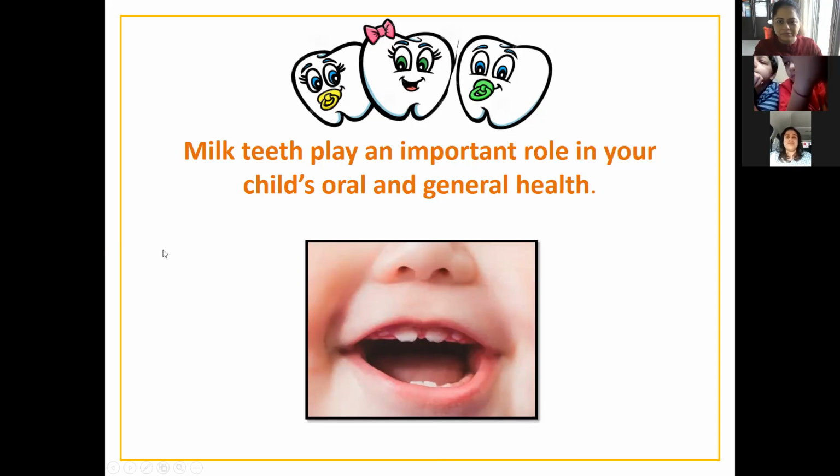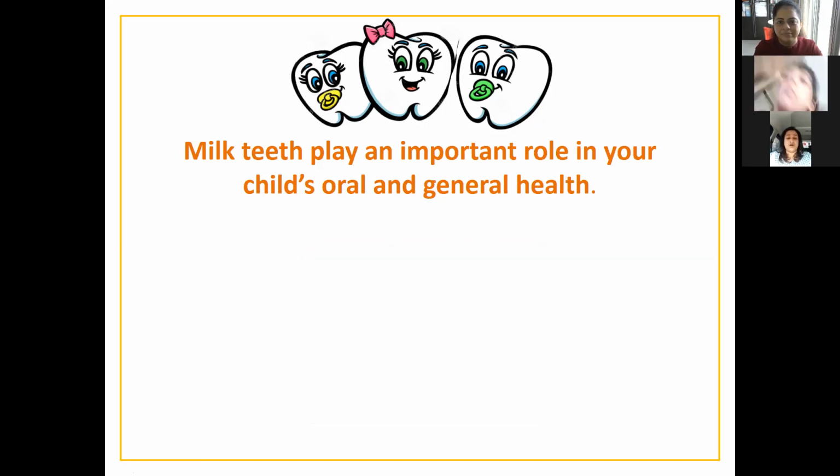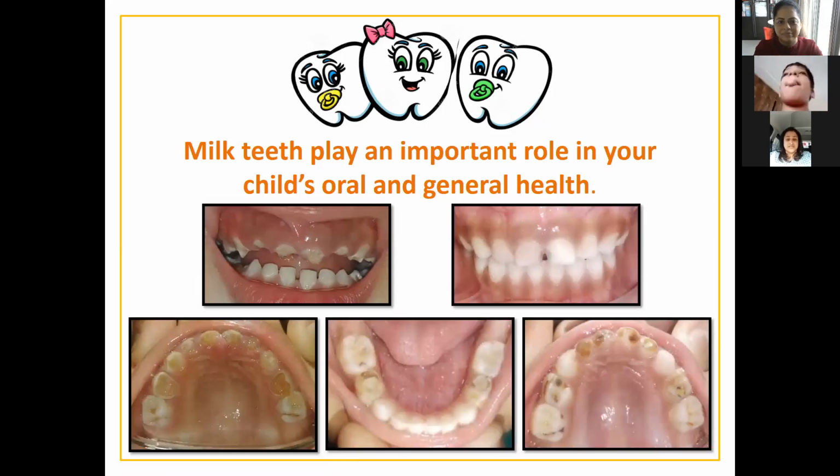The eruption of the milk teeth continues up till 3 years of age, and from 3 years of age to 12 years of age, your milk teeth are present in the mouth. Okay, your milk teeth, especially your milk molars, are present in the mouth. So if you don't really take care of those milk teeth, your teeth can be decayed really badly. Like I'll show you the following pictures where you can see how badly the teeth are decayed. See, these are all decayed milk teeth. So if you don't take care of your milk teeth at an early age,